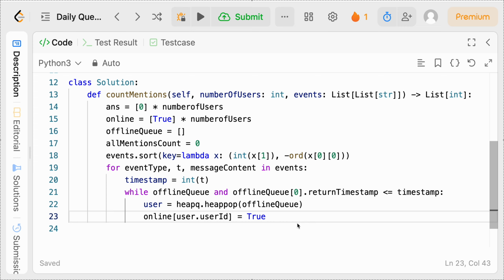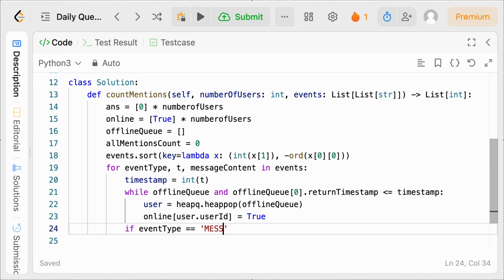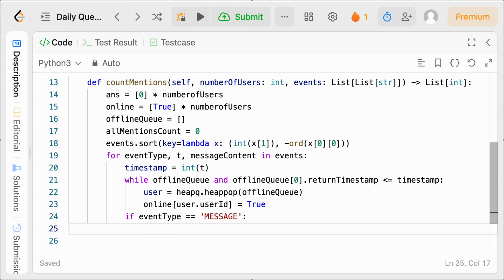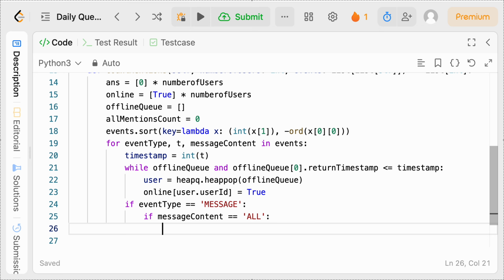Now, what if our event type is a message? Well, that's where we get into the next part of this solution. So if the event type itself, in the current iteration here, is equal to the message type, and I think it's all caps, well, what if that's the case? If the event is a message, we have to inspect the message content to know how to credit the mentions. So if message content is equal to all, if we have an event type of message, we'll then increment our all mentions count